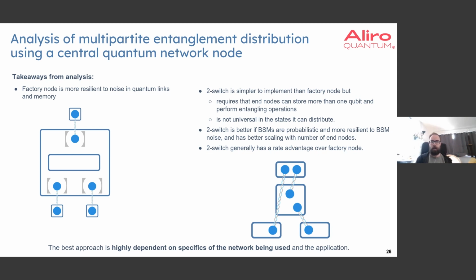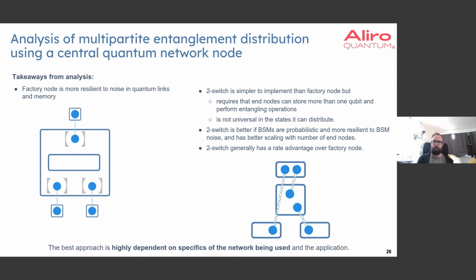So if you're able to do perfect teleportation, perfect Bell state measurements, then the factory node might be better. But if your BSMs are a little bit wishy-washy, then the 2-switch is better at handling that noise,